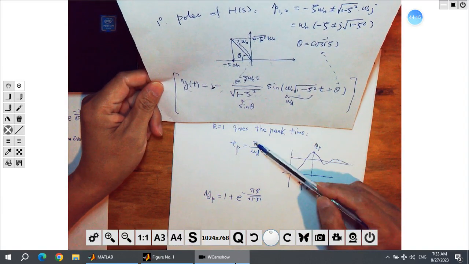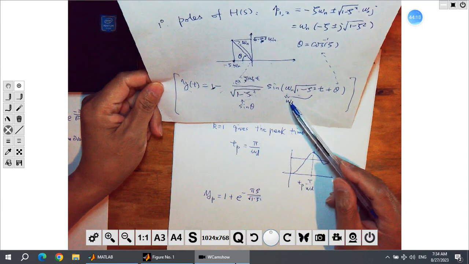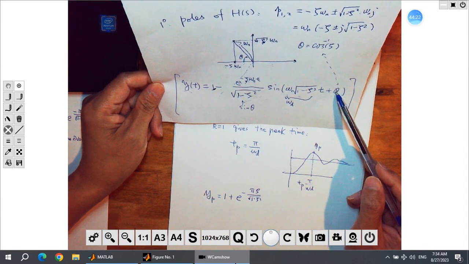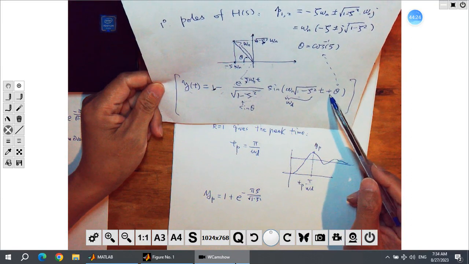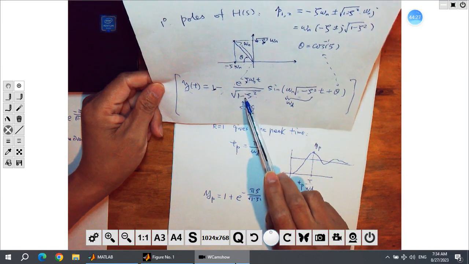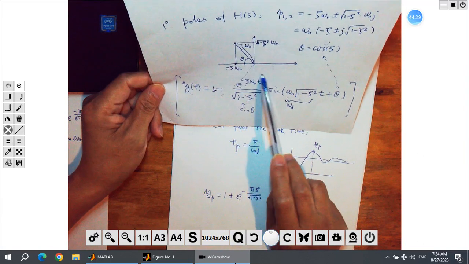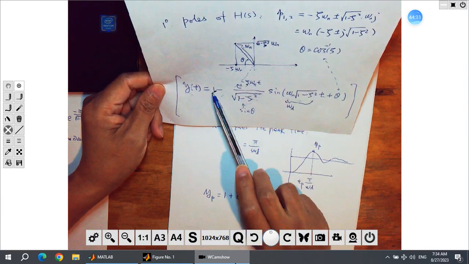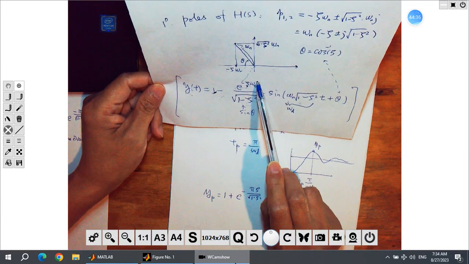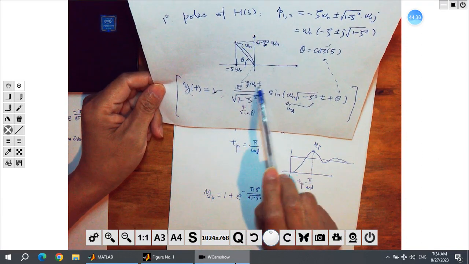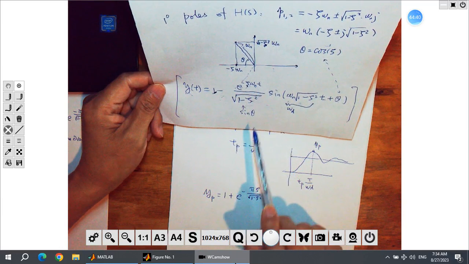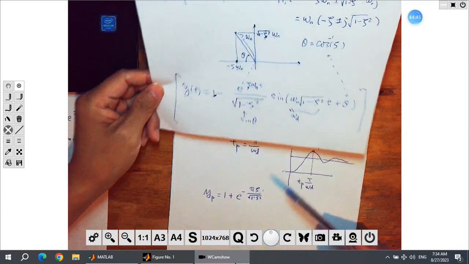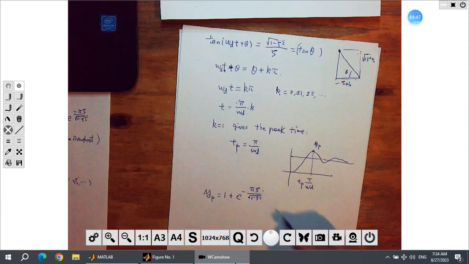This is pi over omega d times omega d. They cancel. So this is sine of pi plus theta. And it is just this one. They cancel, you just have this term, with a negative because of the pi here. So 1 plus this part. Now t is Tp, so this one times Tp, you get this one. Yeah, it's not too complex. So we have this. This is the peak value